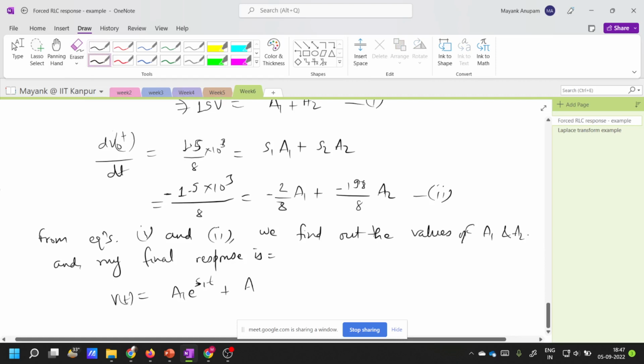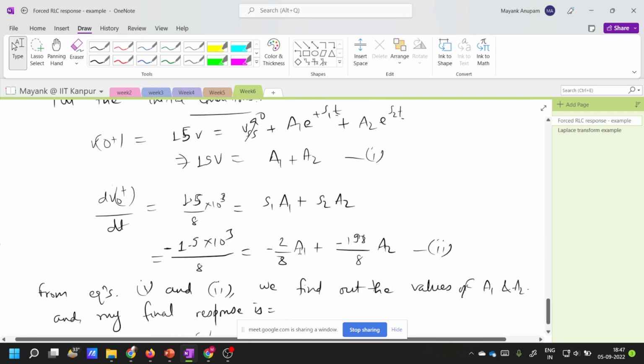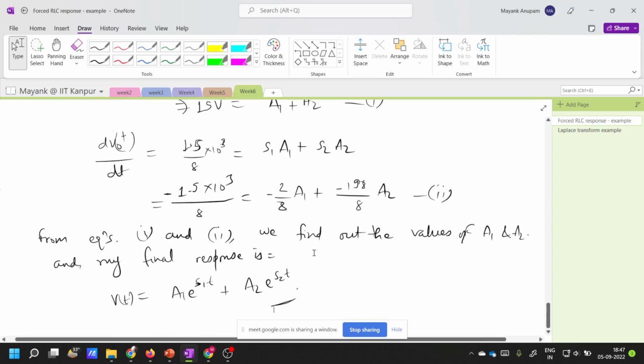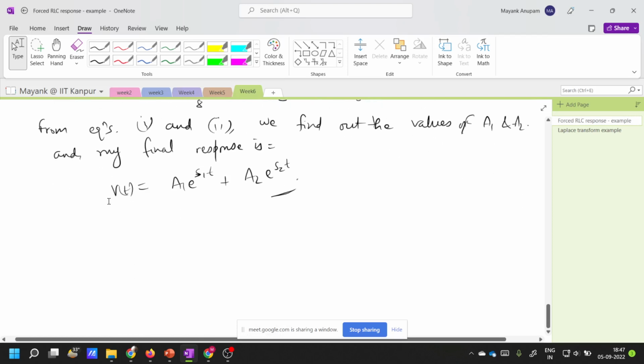Something is wrong. Fine, so calculate it, okay? So let's not get into that. Okay, let's calculate, and you will then find, so final response in that case will be equal to